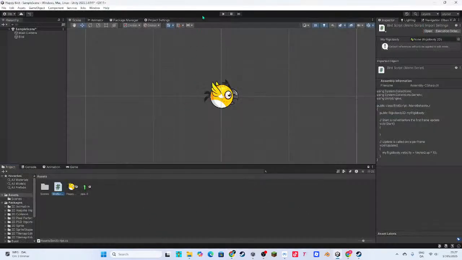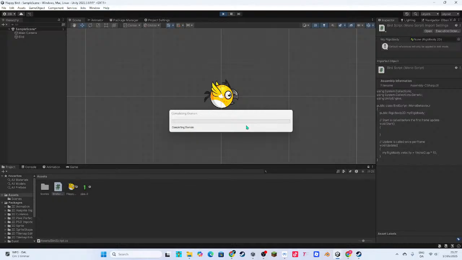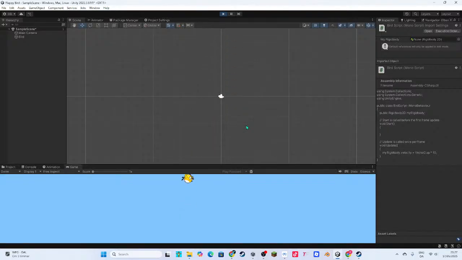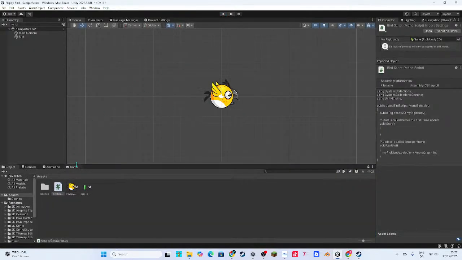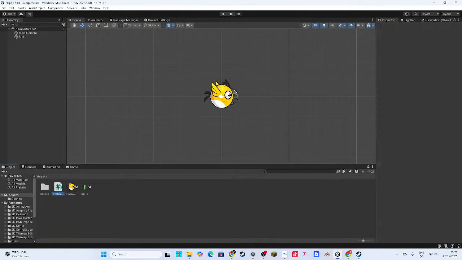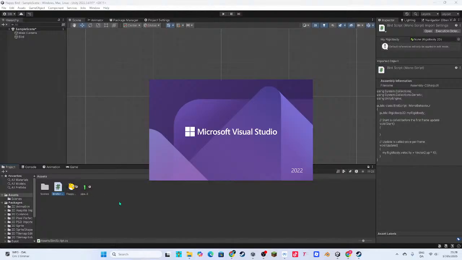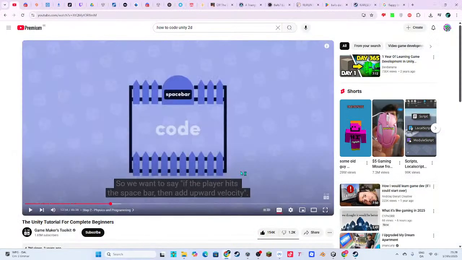Nah, bro, imagine getting executed. That's great. Imagine being a code that gets executed. Yes, it works! Man, scripting is actually fun when you understand it. I don't hate scripting, bro. This is fun.